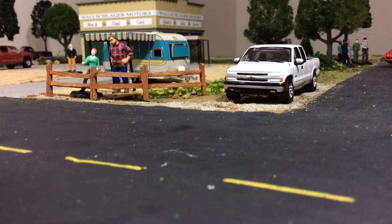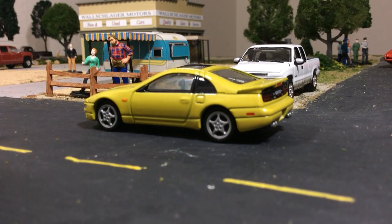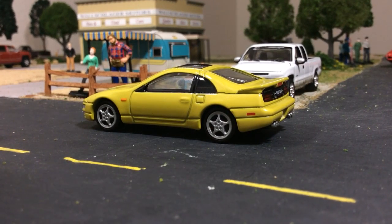Well, I'll just let the car do the talking. I love this casting from Tomica. This is a Tomica Premium, which is their middle line. And it is a 300ZX. Very, very accurate. It's a little bit big for scale. I think it's like a 1:62, maybe a 1:60. It says it on the base. I'll take a look at it when I pick it up, but